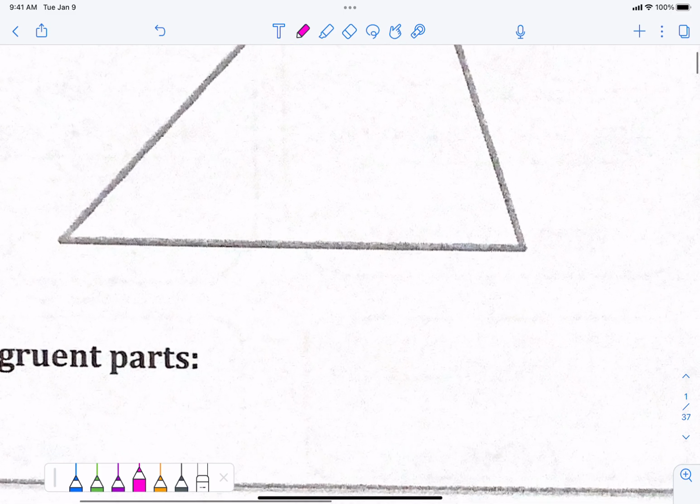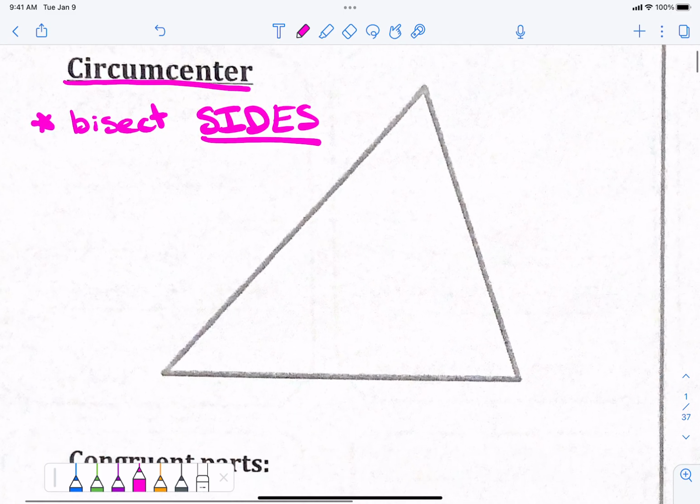Let's say I'm going to bisect this bottom side, right? What I'm going to do is eyeball real quick, and I'm going to try to find the center, and I'm going to put a dot on that center. So you do the same. Try to eyeball and find the center of the bottom. If you want to take your note card and fold it in half to find the center or measure it, you can do that as well. I don't care. To find the center, I'm just going to eyeball, okay? Now,